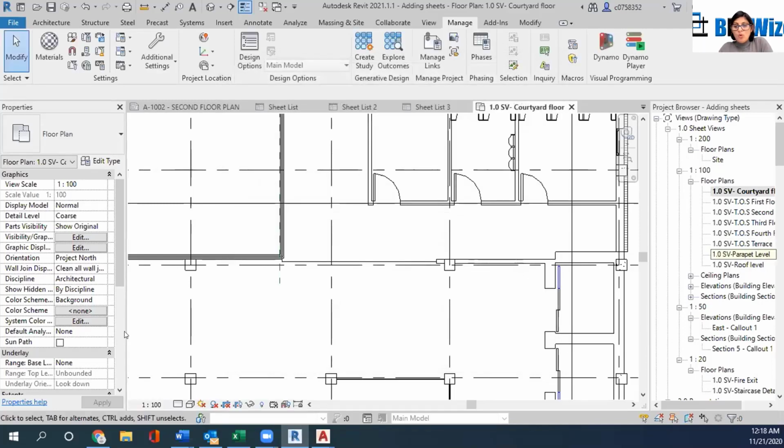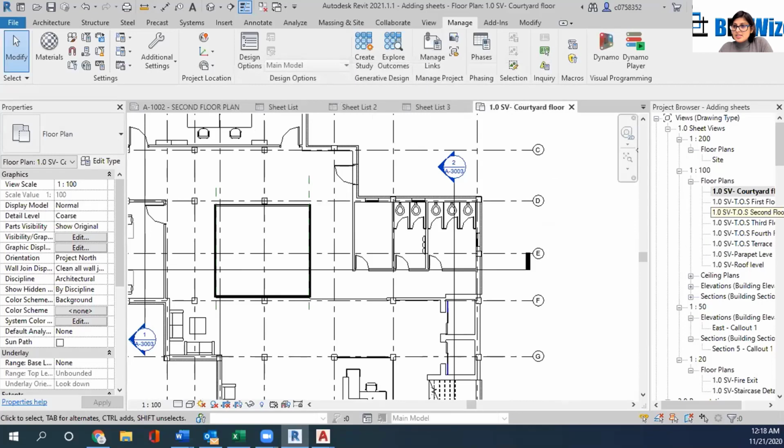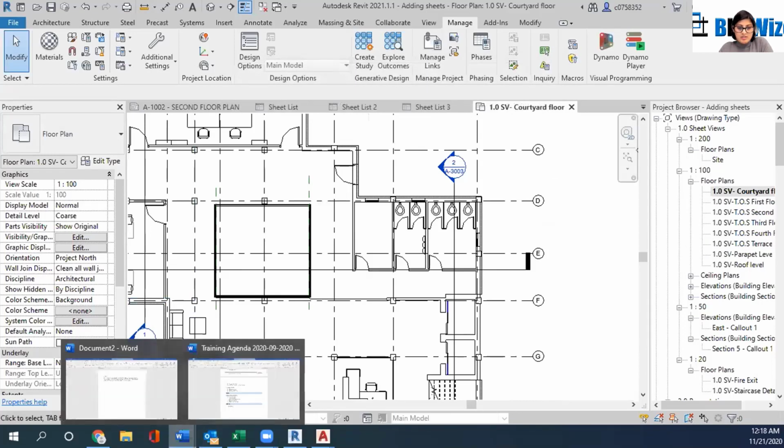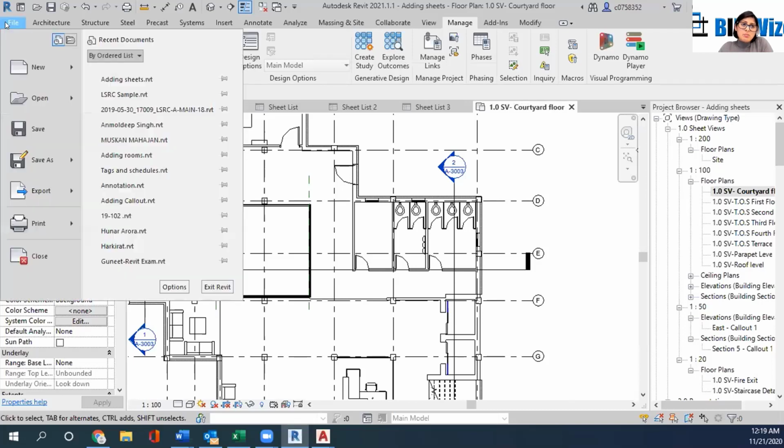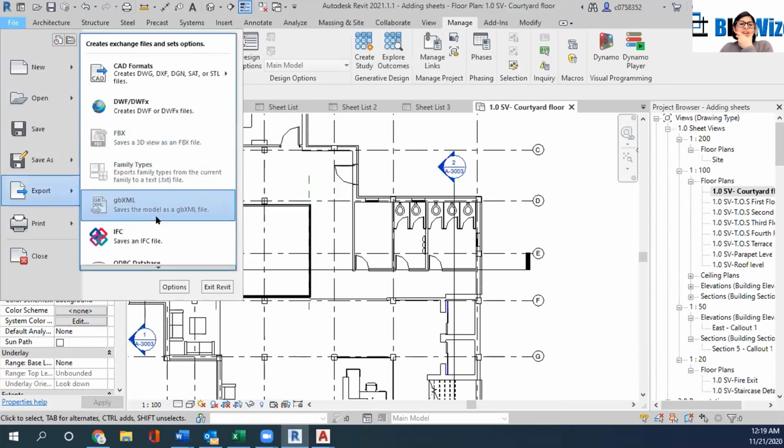So I think this is it. We did AutoCAD, we did placeholders, we did sheets, and we did PDFs. There are some other export formats that I can show you quickly. There is an IFC file. I think we also discussed earlier that this is the file that is compatible with a lot of other